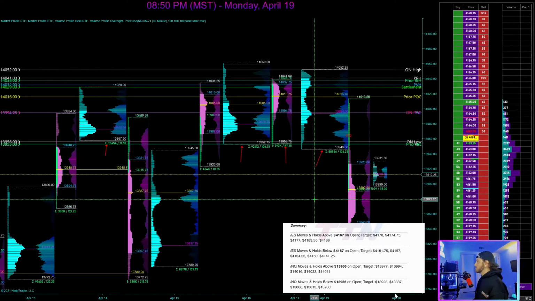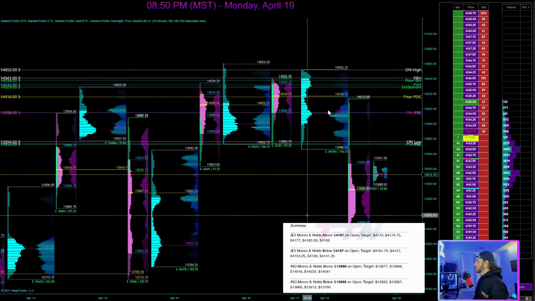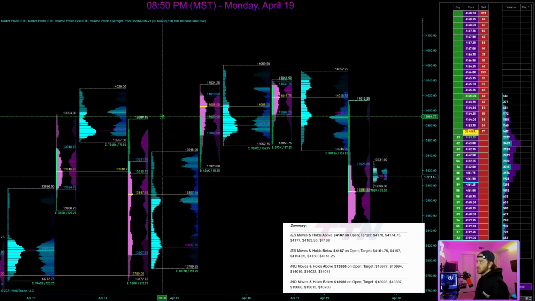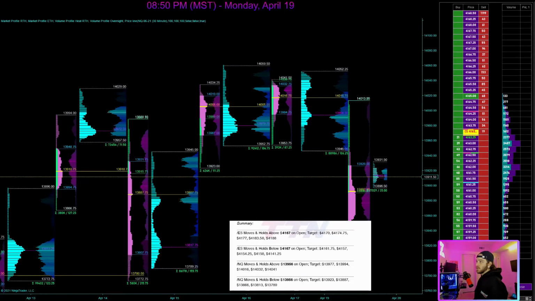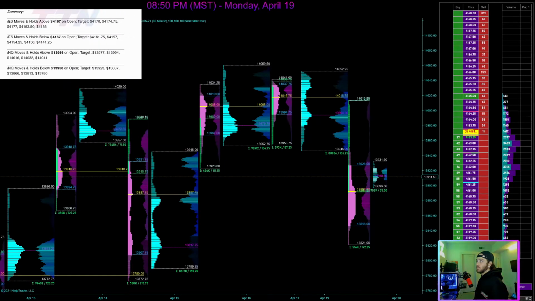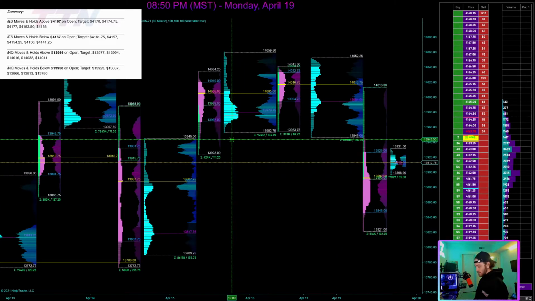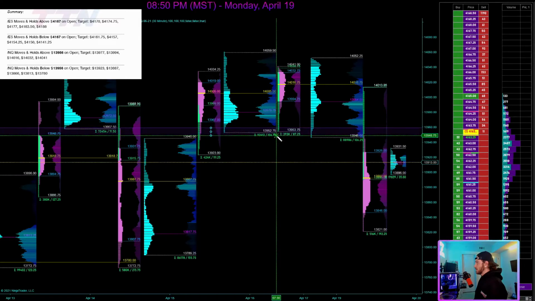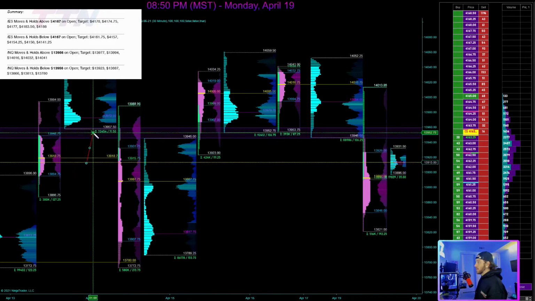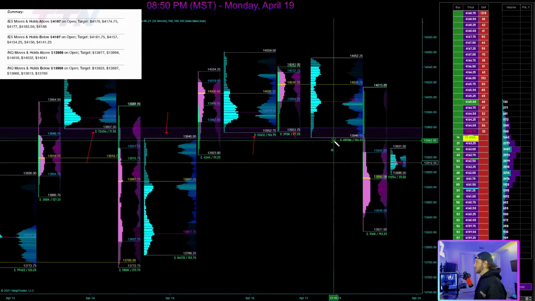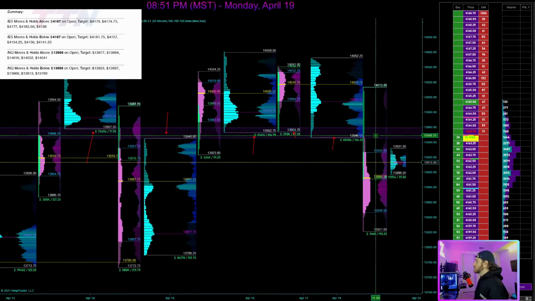I'll go ahead and get rid of these drawing tools, and I will hide these as well. And we'll get into the targets here. So on NQ, the line in the sand was 13,956. I was basically looking at this area. You can really draw a zone when you have a lot of these profile levels lining up, as we discussed. Lots of confluence there. So I was looking at this zone to hold up,